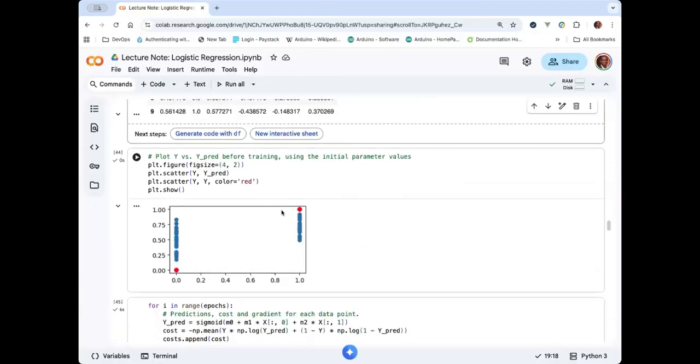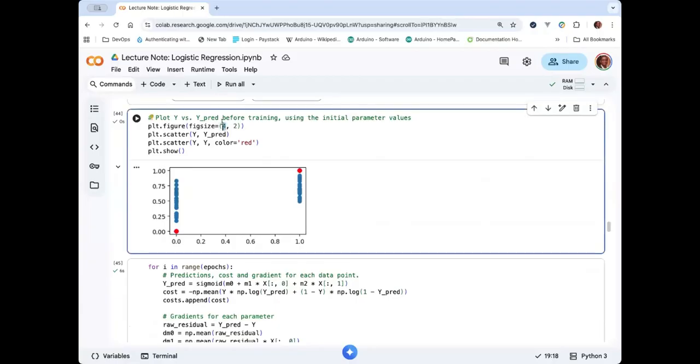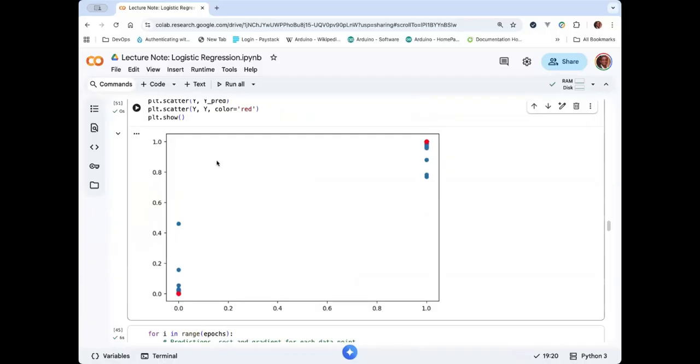This plot is always very interesting, and it's a plot I would encourage a lot of people to do, right? If you are training, this plot gives you an idea of how well your model is able to predict. So you can see that here is where you have the higher values, right? This is the other end. This is the positive end of the y value, of the two possible values, and this is the negative end,